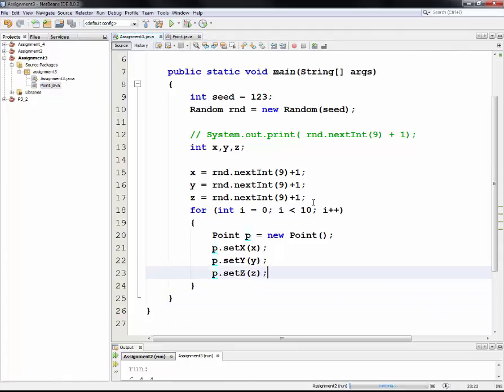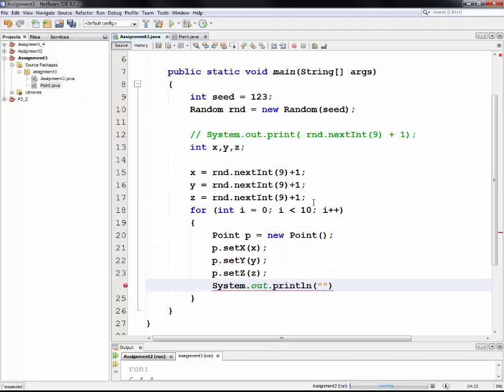Why don't we print our values out? System.out.println. Creating %d, %d, %d. I'm using printf again. I'm going to go change that to a formatted printf so that I can use these placeholders. And we want to print out